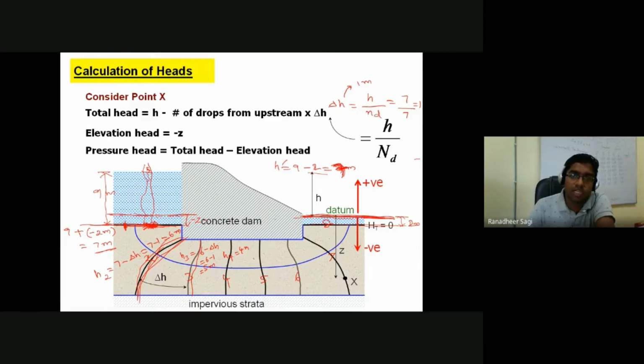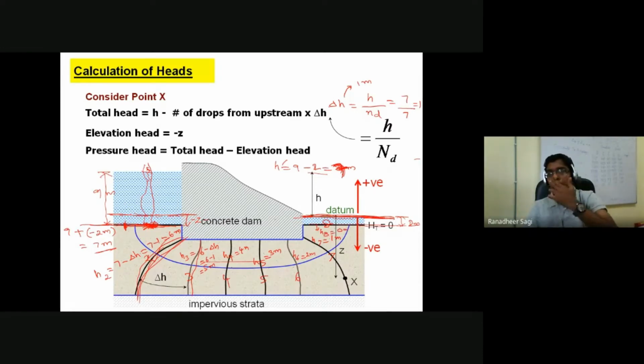Total head corresponding to the fifth equipotential line is 4 minus 1, which is 3 meters. Total head corresponding to the sixth equipotential line is 3 minus 1, which is 2 meters. Total head corresponding to your seventh equipotential line is 2 minus 1, which is equal to 1 meter. And the total head corresponding to your eighth equipotential line is nothing but 1 minus 1, which is equal to